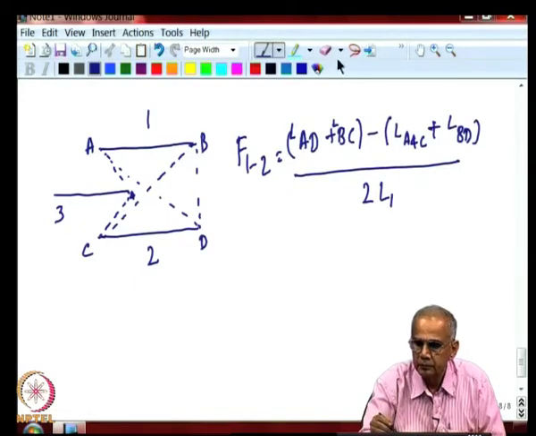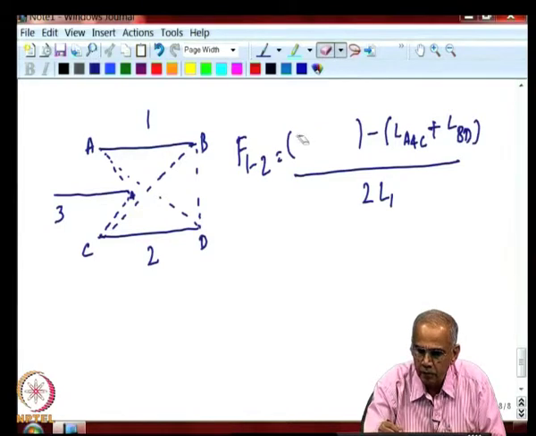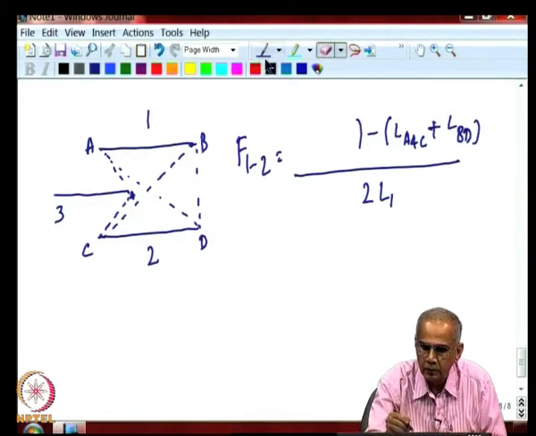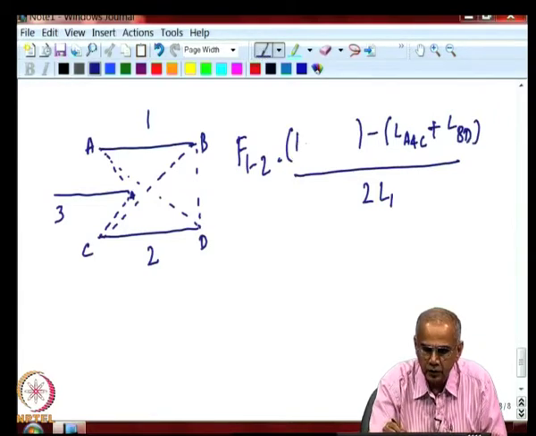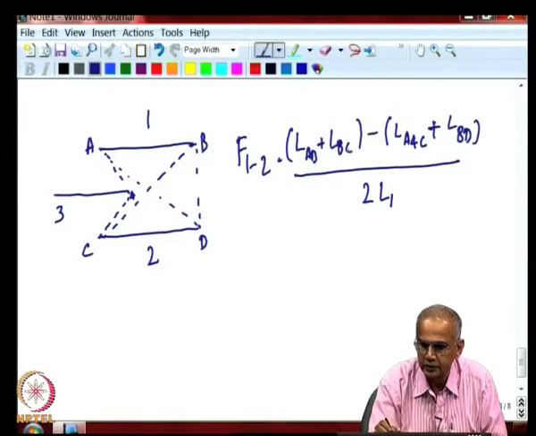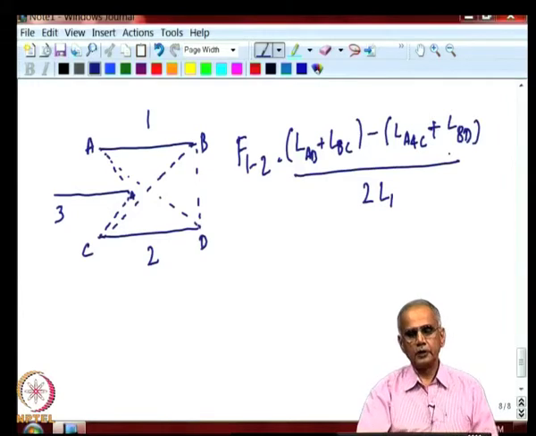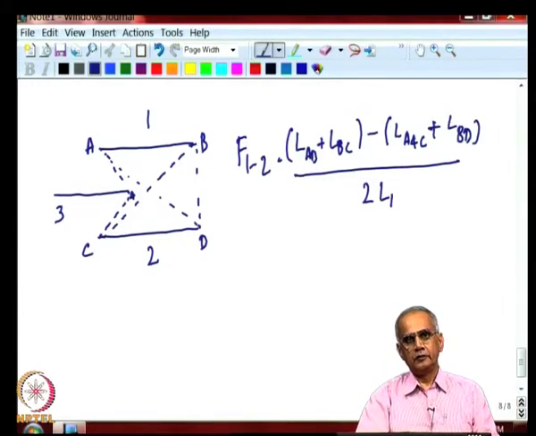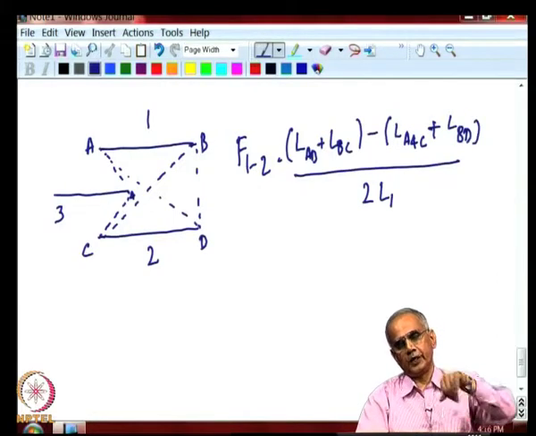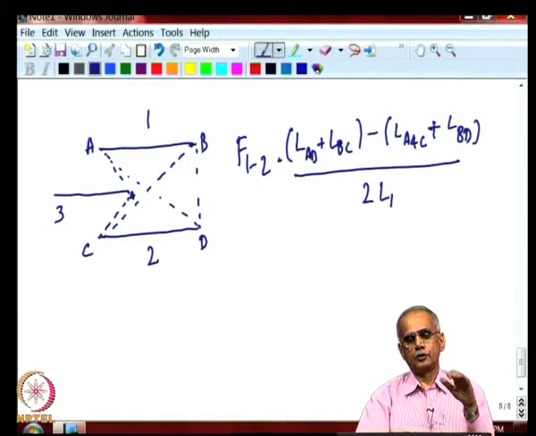So, do it properly. So, the length of AD plus the length of BC, that is the cross strings, minus the parallel strings. So, in this problem, when an obstruction appeared from this side, we have to draw the parallel strings in such a way as to ensure that the obstruction was kept out.